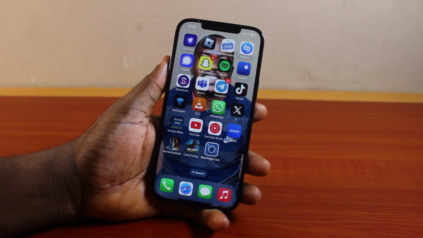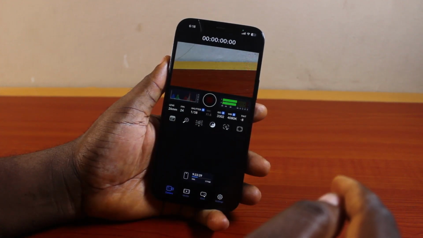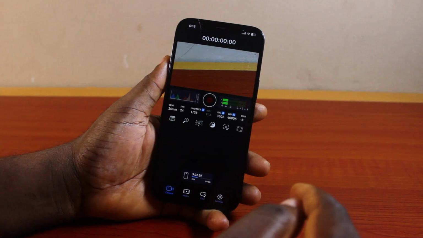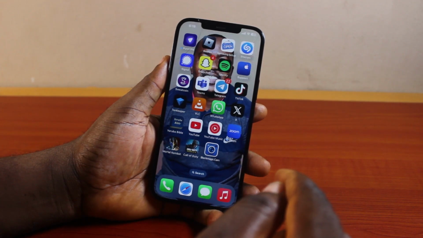How to turn on or enable grid lines on Blackmagic camera. So if you're using the Blackmagic camera on your iPhone and now you want to enable or turn on the grid lines on the Blackmagic camera app, then this video is going to walk you through how to do this